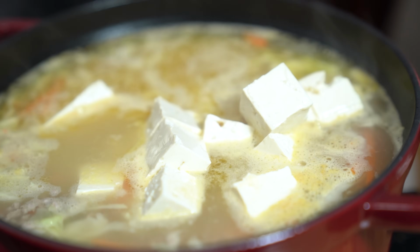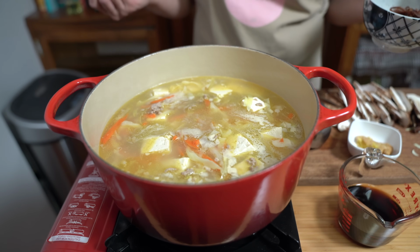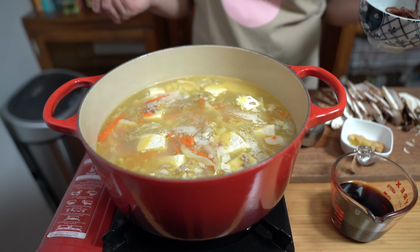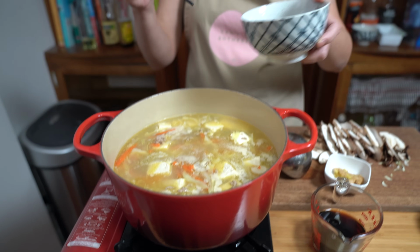It's getting quite full, huh? Oh yeah, is it going to contain everything? I hope so. All right, I don't know why I thought it could fit in my smaller cast iron Dutch oven. I usually use this when I'm making this amount of soup, which is my 5.5 quart Le Creuset Dutch